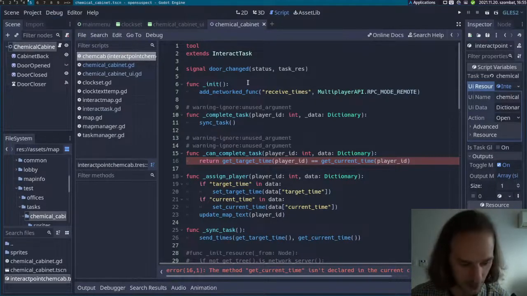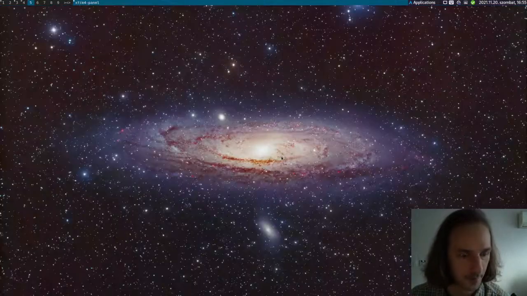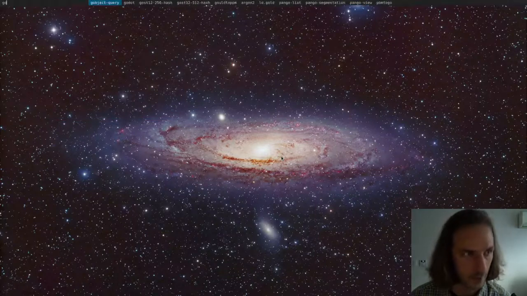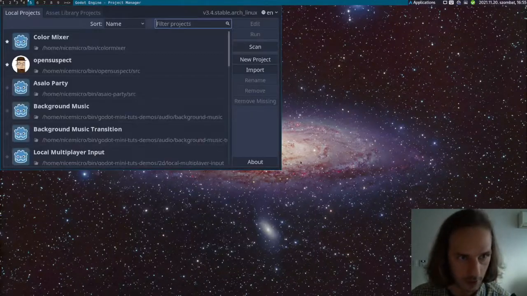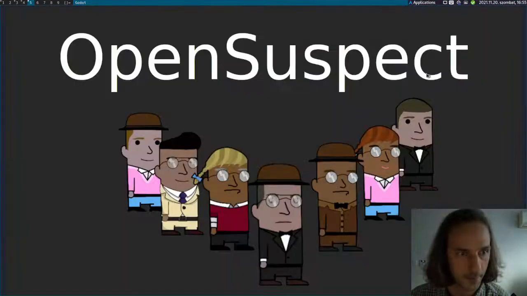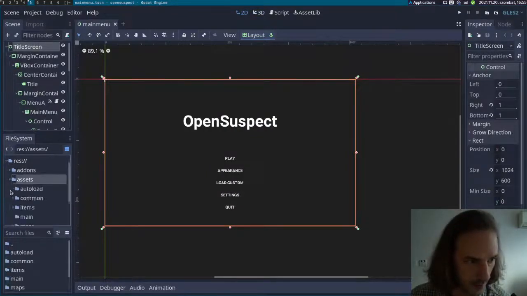But once I close Godot, no, go away. Once I open Godot again, and I go back to the same assets, maps,